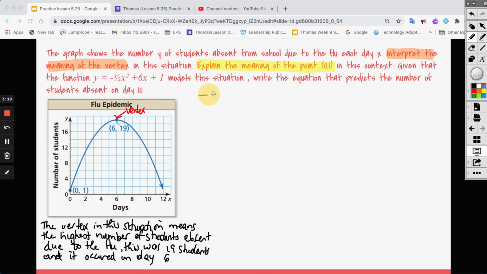So the point (0, 1) means that one student was absent when the school